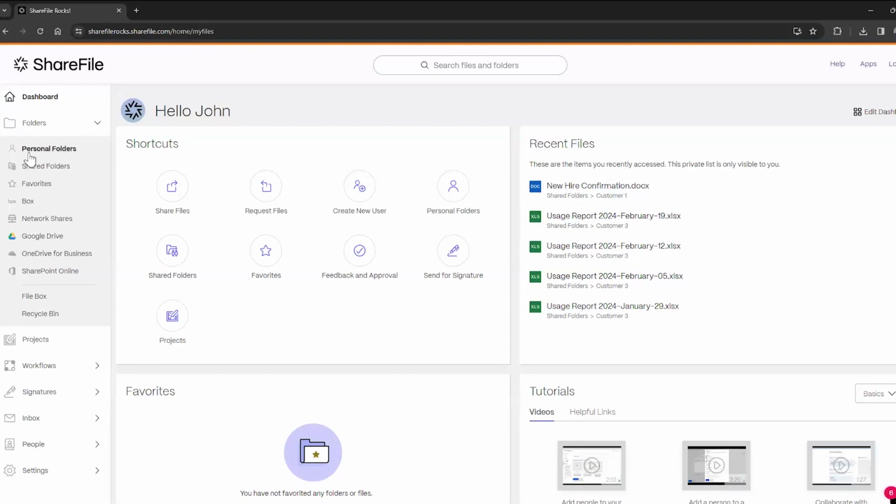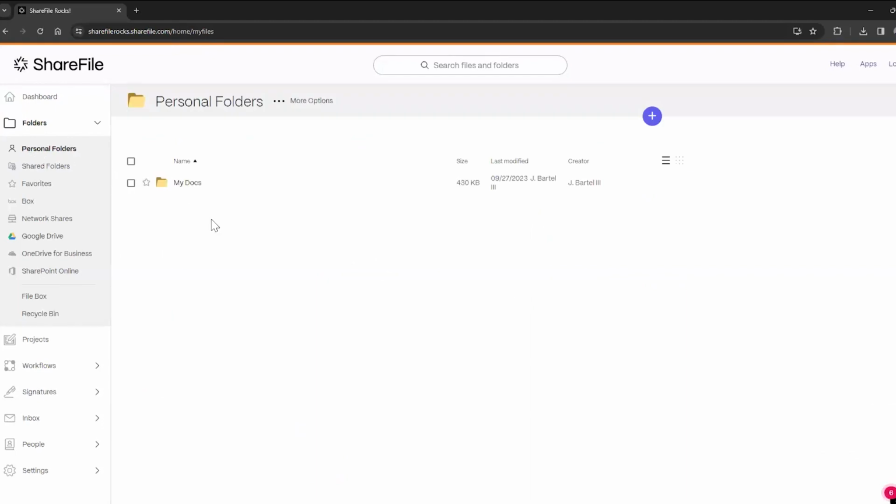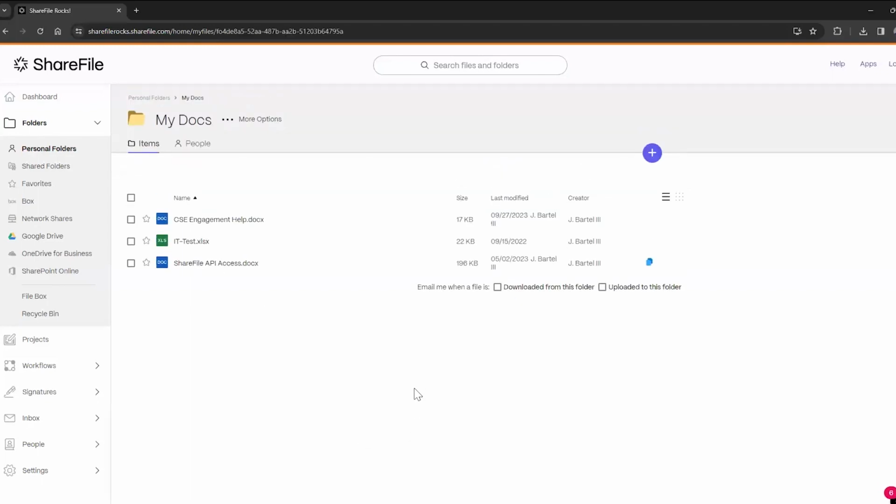First off, personal folders. Think of personal folders as kind of a My Documents folder within, say, Windows, to have personal files that perhaps you're not going to share with anybody, but you want to keep them here so that you have an easy way to access them later on. As you can see, I have some documents here. I could share these documents from my personal folder. I can add people to these folders